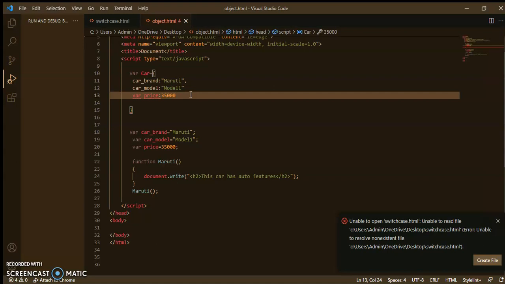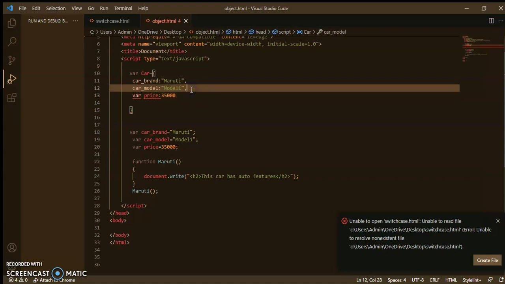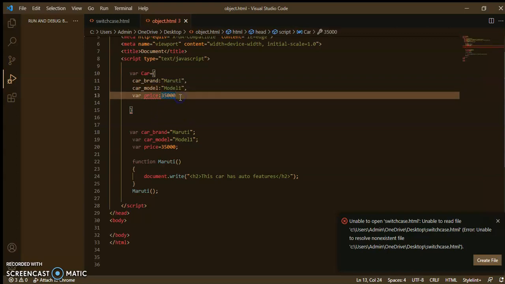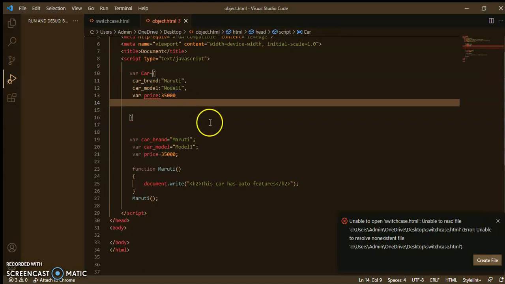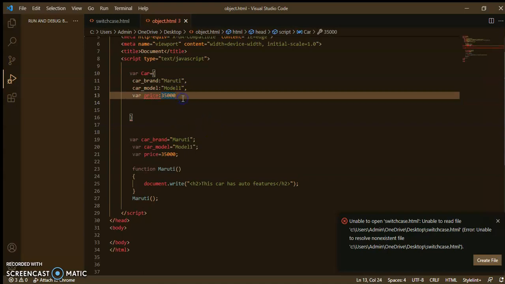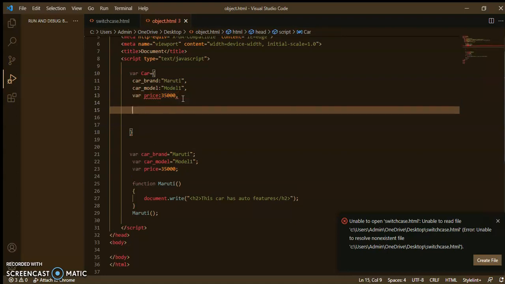Because I am using it inside of this variable object. Now if we need a function, then what I will do, I will put a comma and then create the function.